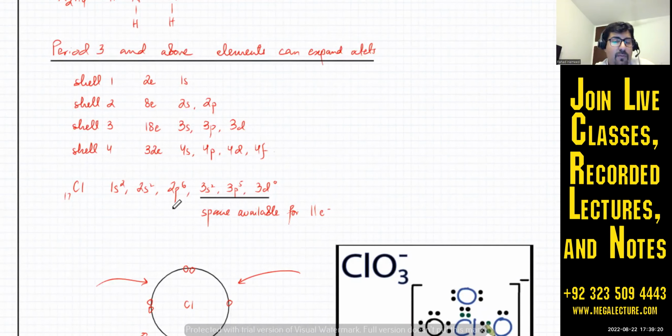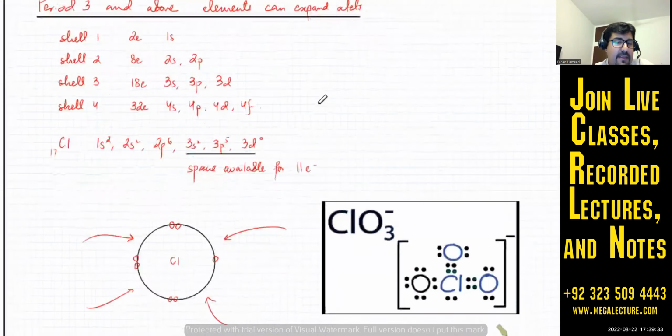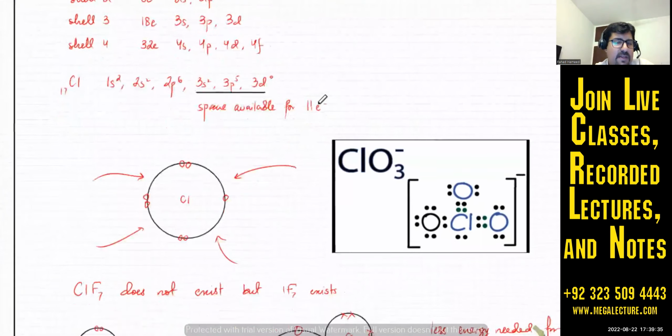Okay, if chlorine can gain 11 electrons, it can form 11 bonds, right? So can you explain why it doesn't? The maximum oxidation state of chlorine was actually +7. So can you give me one reason why